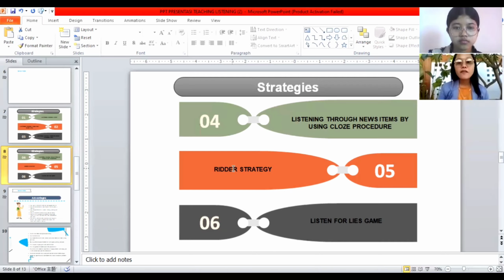Sixth, every time the teacher makes a change or lie in the story, students must stand up and say what they should. Seventh, the student who is the first to stand up and can identify the change gets a score. Eighth, to make this game more challenging, the teacher can modify the game by dividing students into four large groups and playing like the previous steps. Okay, that's all about strategies in teaching listening.